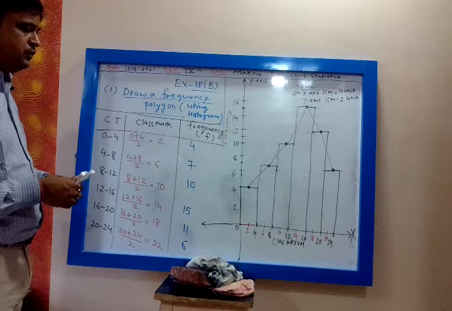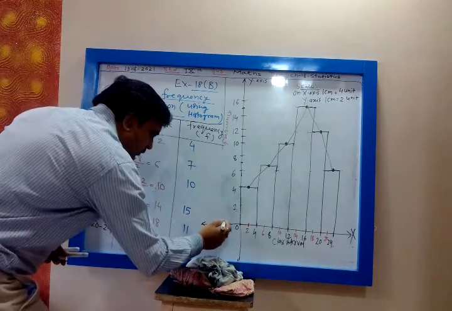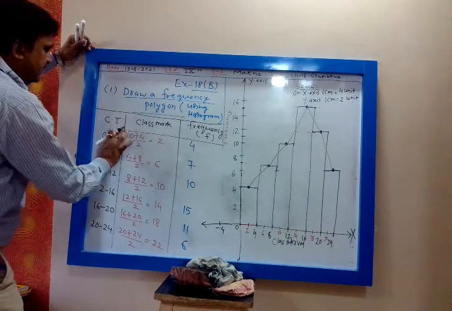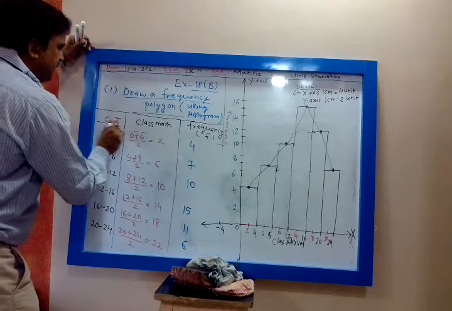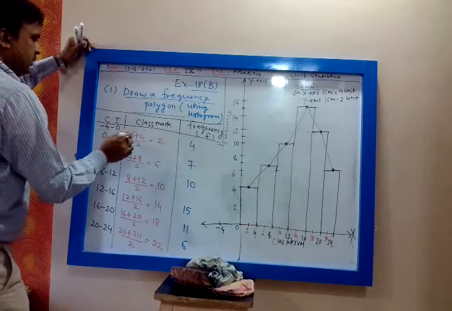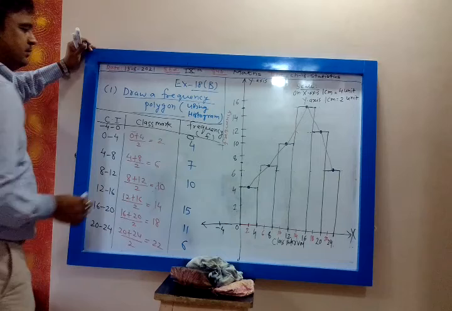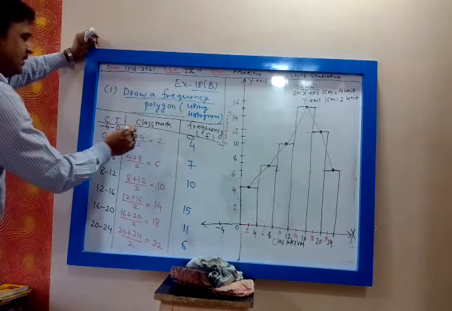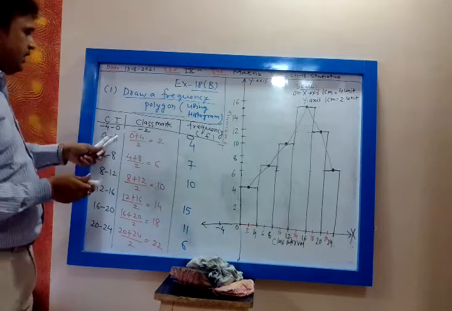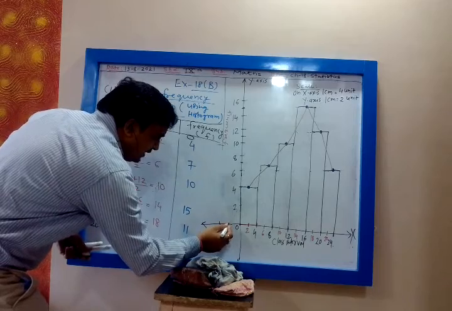Minus 4 to 0, my dear. This class interval we consider, and there we write minus 4 to 0. What will be the frequency for minus 4 to 0? We take frequency as 0. And what do we take as the class mark? The class mark will be minus 2. So we take one more class interval previous to that, minus 4 to 0, with class mark minus 2.